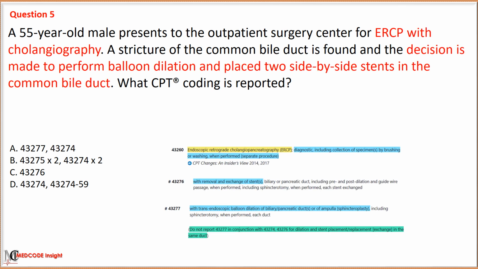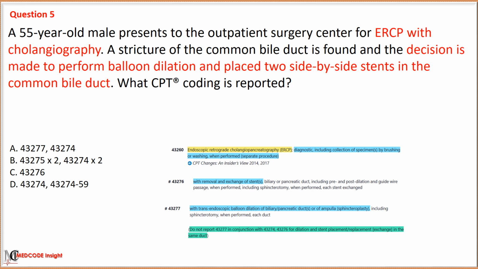In the given scenario, an ERCP with cholangiography was performed along with balloon dilation, and two side-by-side stents were placed in the common bile duct. We first eliminate option A based on the parenthetical note under code 43277, which states that code 43277 should not be reported with codes 43274 or 43276 for dilation and stent placement or replacement in the same duct.